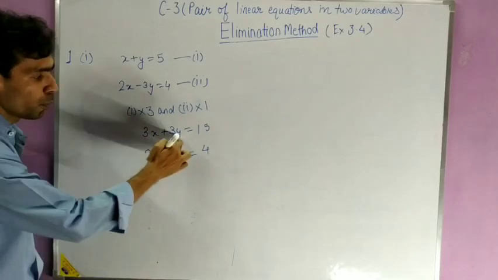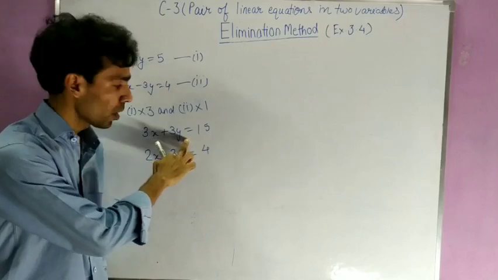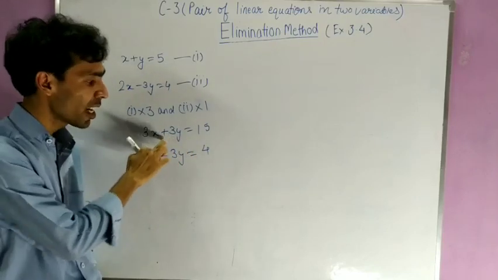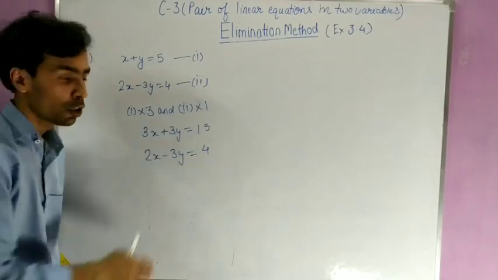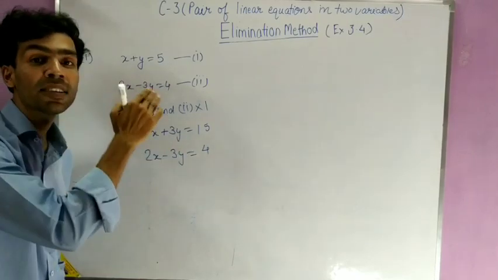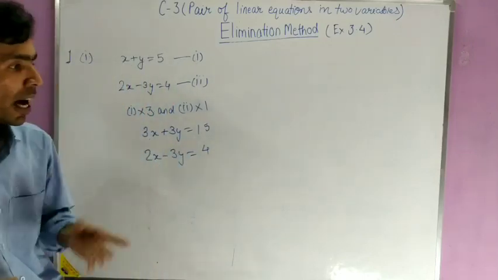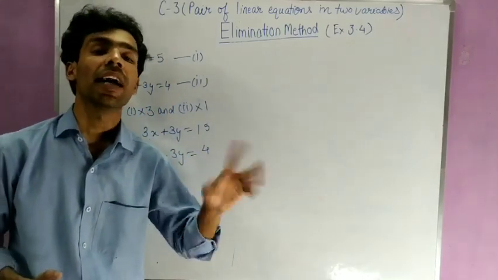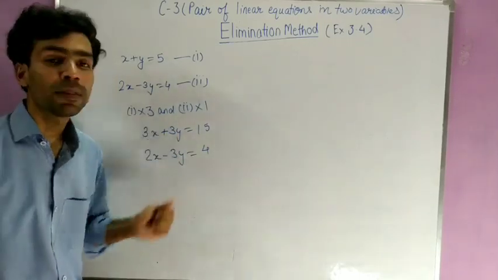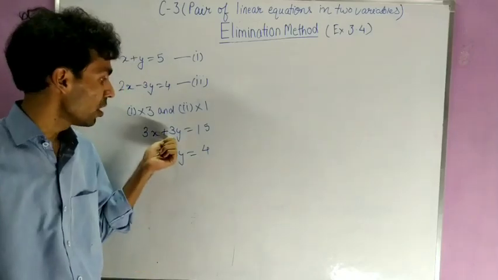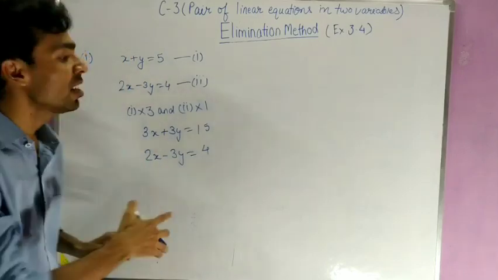Now see, in both equations the number with y is 3, don't look at the sign, only the number. So here is 3y and here is also 3y. Now these y terms are the same in both equations. Now what will we do? I told you when we subtract and when we add. Subtraction is done where the signs of both terms are the same. But here the signs of the terms are opposite, so in this case we will add these two equations.